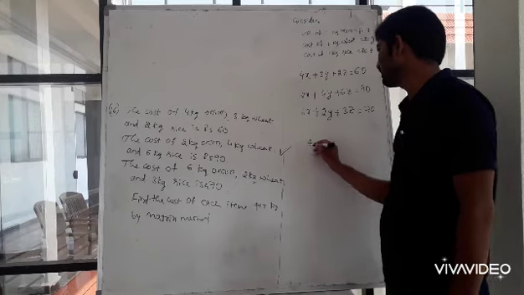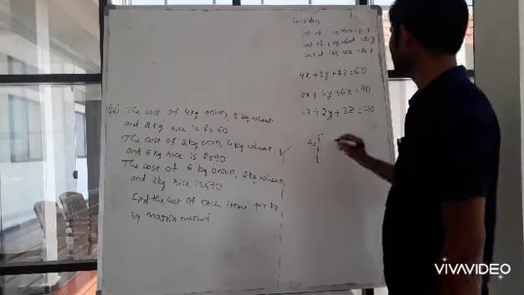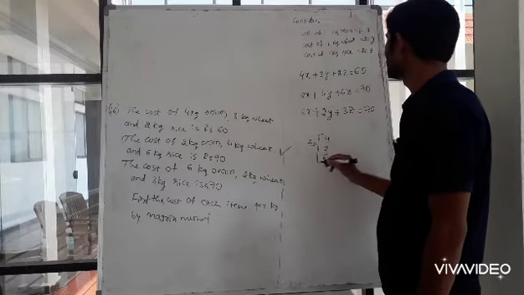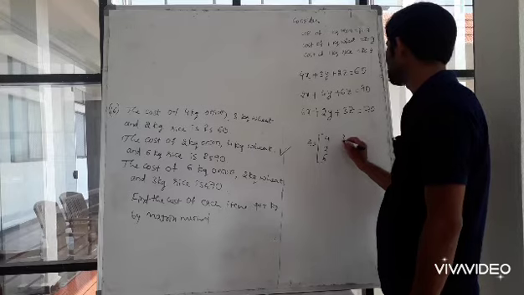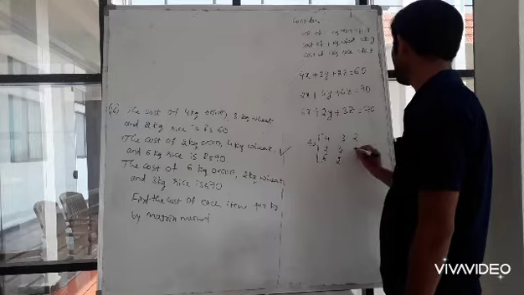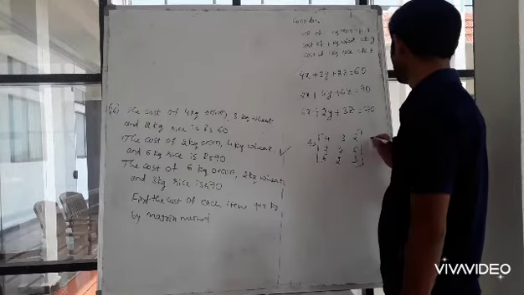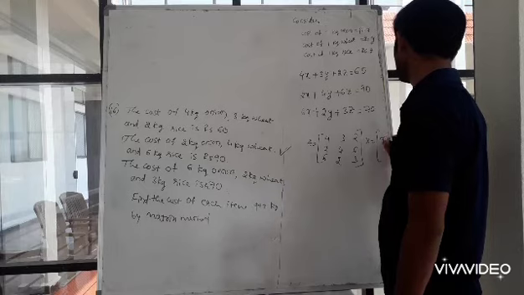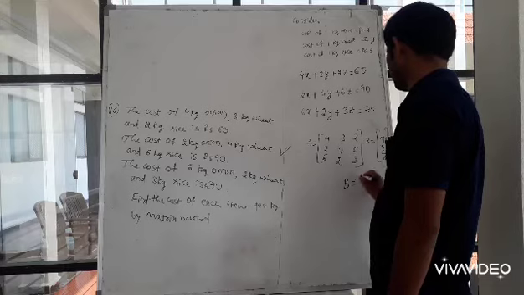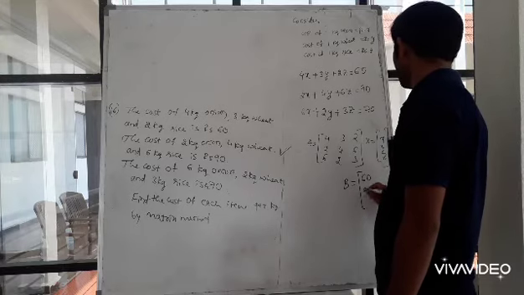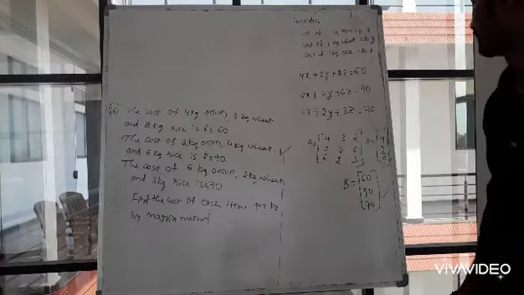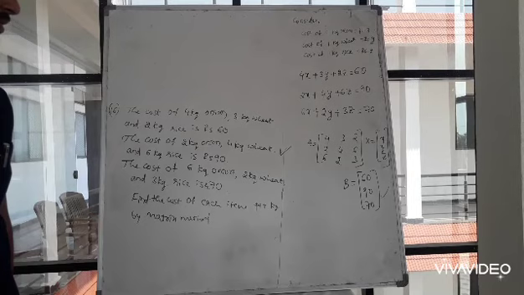You can write it in the matrix form, same as the previous example. The coefficients of x in the first column are 4, 2, 6. The coefficients of y in the second column are 3, 4, 2. The third column has the coefficients of z: 2, 6, 3. That is A. Then X is the variables x, y, z. Then B is the constants, the right hand side: 60, 90 and 70. You already know how to solve the matrix form by using the matrix method.